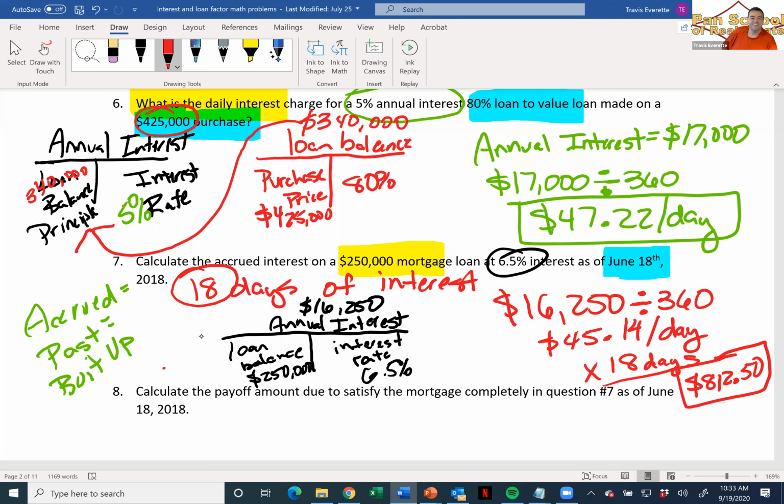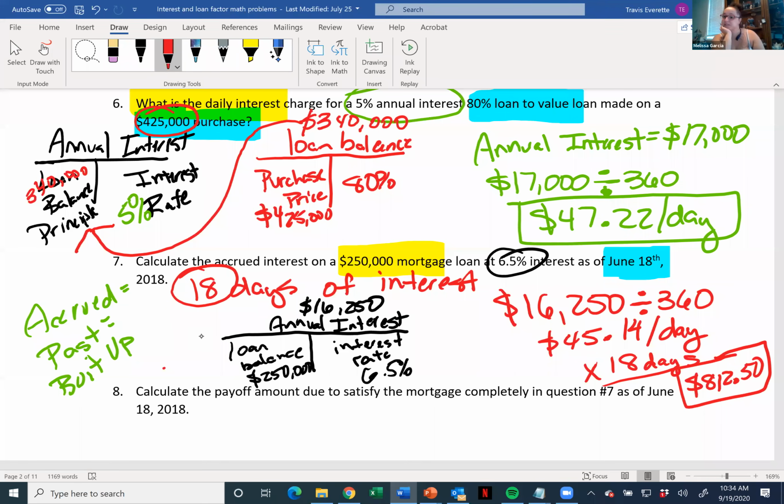Hey, Travis. Yes. Whenever you have a date and the word accrued, could we in our heads, as a rule of thumb, take the number on the date and times it and know that that's the number we're working with? Yes, as long as it's accrued. So we can associate accrued and date as the true number for multiplication. That's right. That's exactly right. Now, that's how I had it in my head. I just wasn't sure.